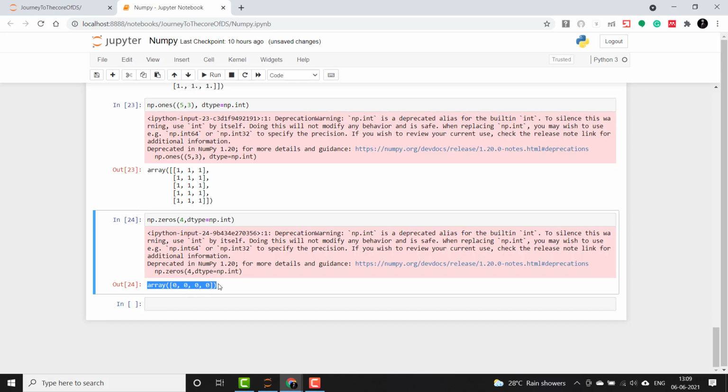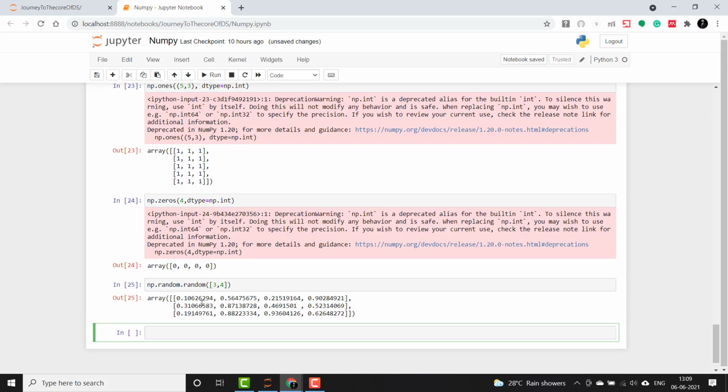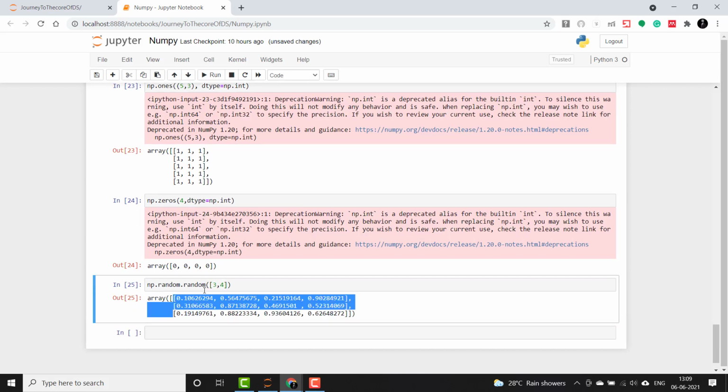Okay, now let's move on to np.random. np.random as you have seen in the example, and then I will give here size of 3 comma 4. So see, there are 3 rows and 4 columns, each with random float numbers.